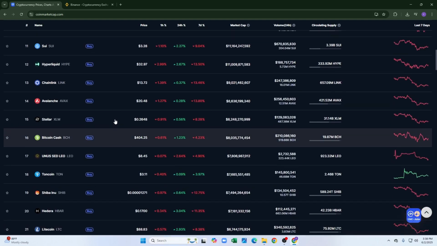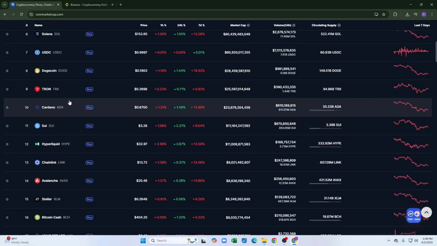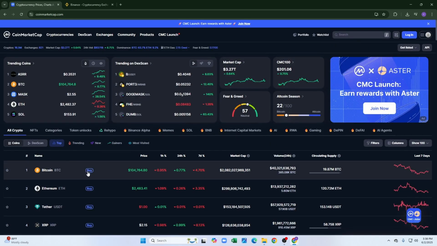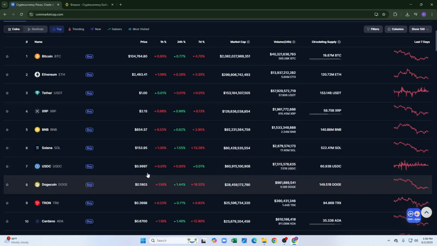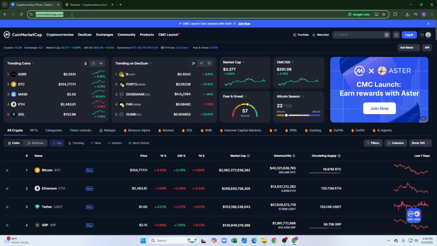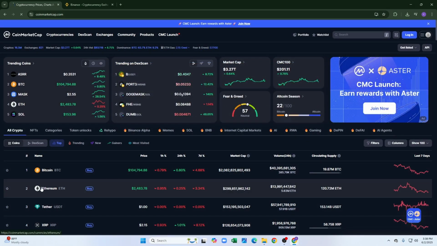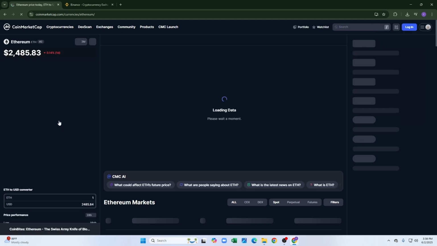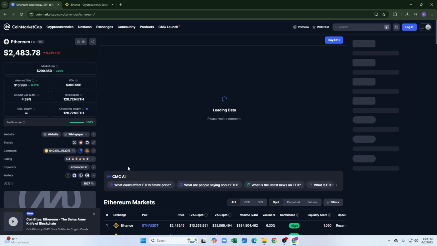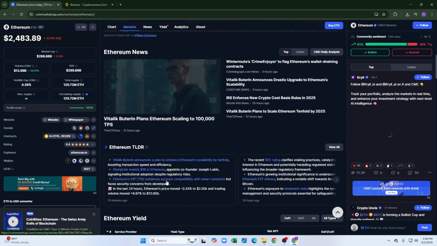So let's say you are on CoinMarketCap and you found a coin you want to send to Binance, for example, USDT or Ethereum. First of all, you have to go to the CoinMarketCap official website, coinmarketcap.com, from your web browser and search the coin you want, like Ethereum. So here, as you can see, the coin is Ethereum. And after that you have to scroll down to the market section, like here, as you can see, the market section,